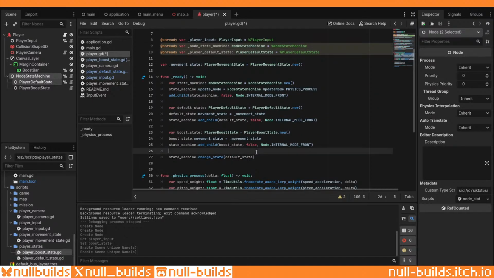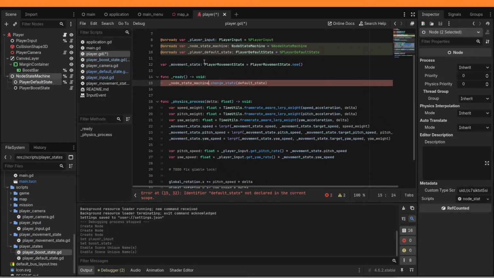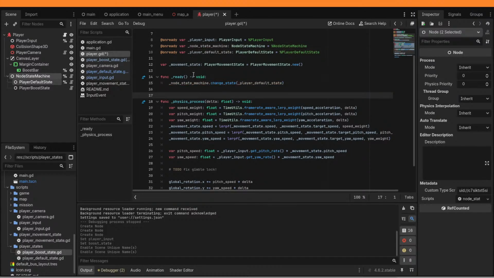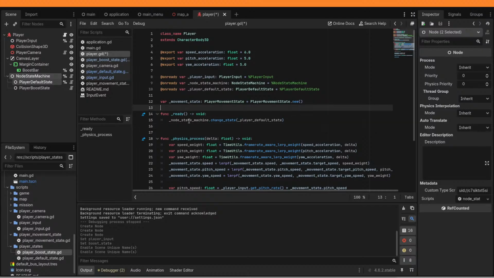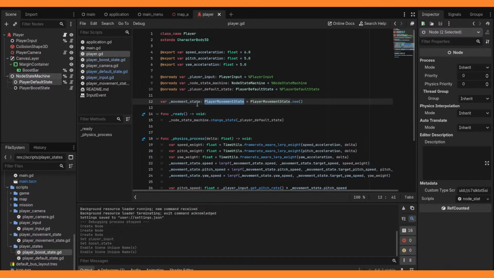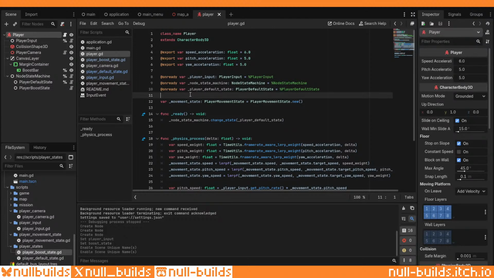Okay, so we've got these. So now in here, we'll do state machine, change state to the default state. All right, that should be back to where I need it to be. Oh wait, the movement state, I do need to pass that in. It is a ref counted object, but I don't have a, well,